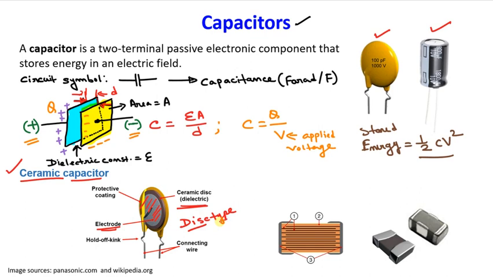However, capacitance of this disc type capacitor is quite small. So how can you increase it? One of the ways would be to increase the area, because capacitance is proportional to area. We have discussed that. So for that, one of the possible ways would be to design a capacitor like this, as shown in this image, where multiple alternating electrodes are connected with this side and this side,